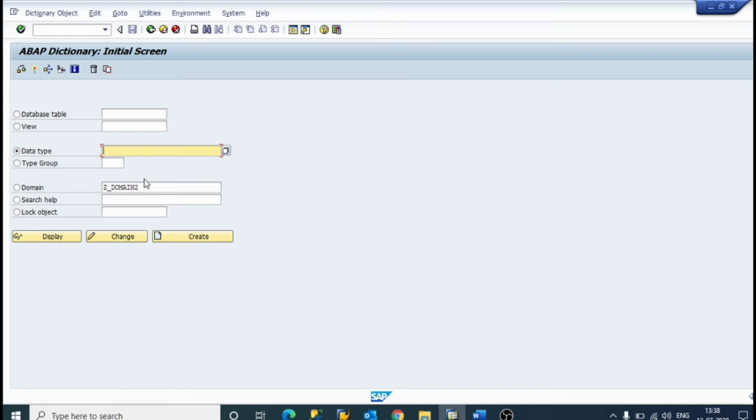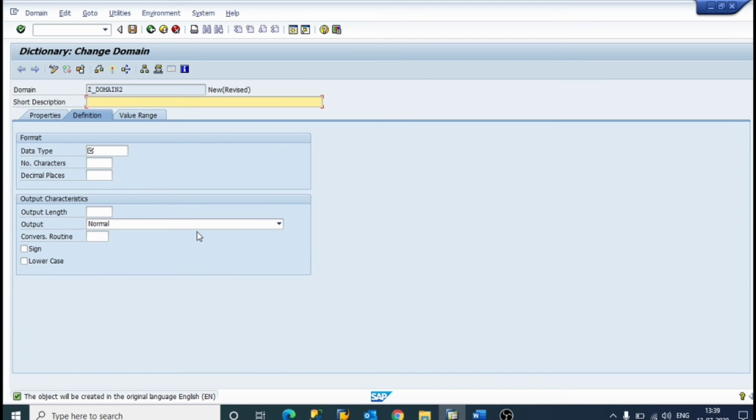Just click on data type, Z element. Now we will create a data element, but first we will create a domain. We can use that domain. So create our first domain, again domain. Now char